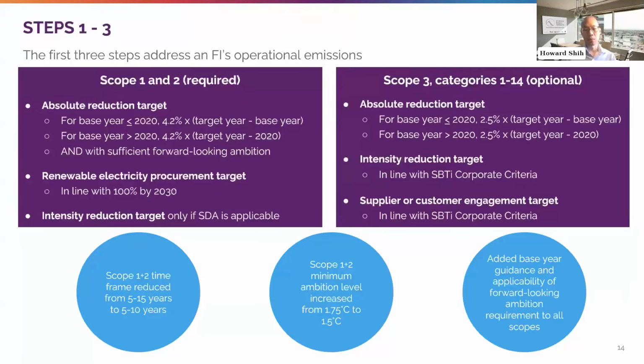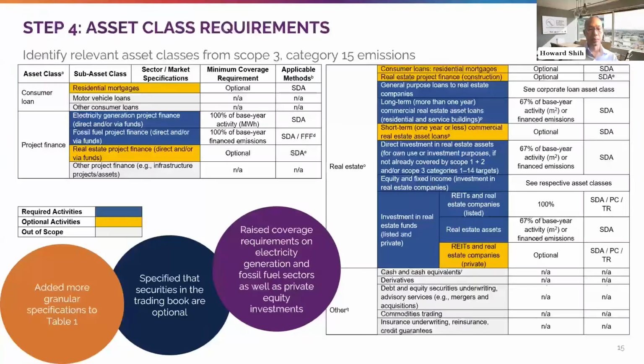So for example, the base year can be up to 2015, but of course, the most recent year is recommended to be used. And if the base year isn't from the last 2 years, then data from the last 2 years would need to be provided in addition, since targets that have already been achieved cannot be submitted to the SBTi. Then the fourth step